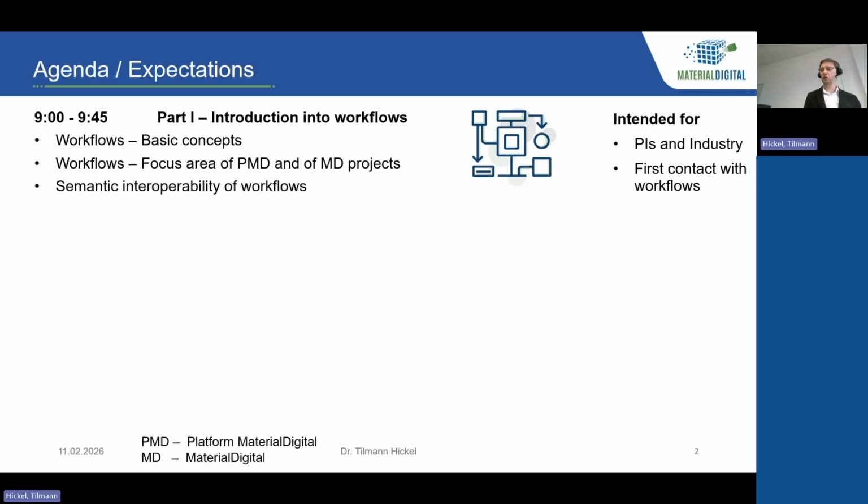about basic concepts. We would like to convey our view on what we mean by workflows, and also take up the views of projects connected to Material Digital or in the framework of Material Digital. We would then speak a bit about what the focus area workflows within Platform Material Digital is doing, but as I said, also what is the input from the different Material Digital projects. And we would like to end this part and emphasize in particular the role of semantic